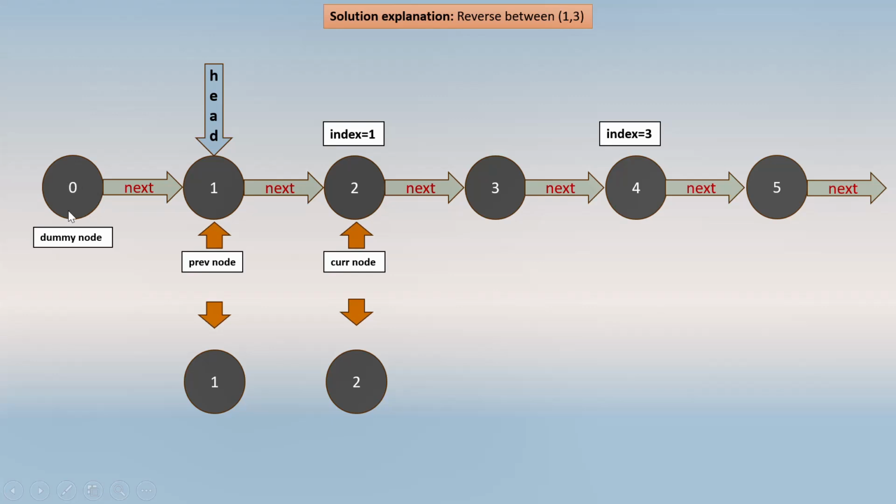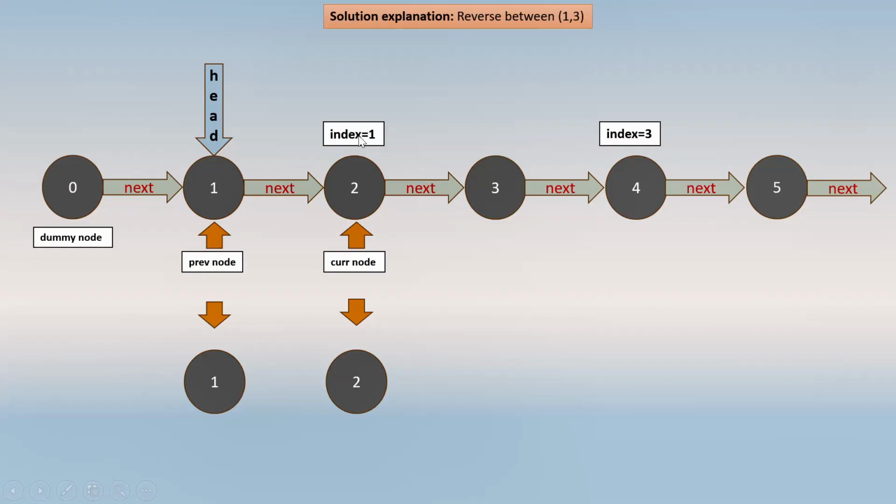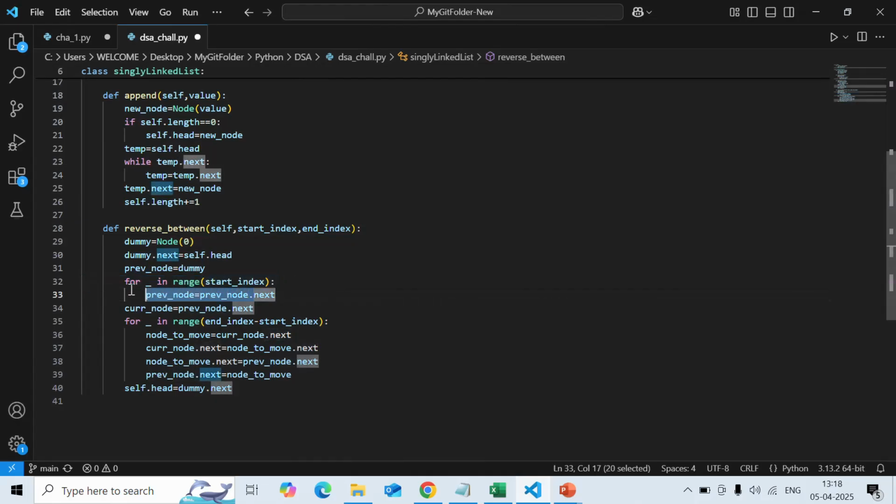So that's what we have done here. You can see this is the dummy node with value 0, and we have connected this with the first node. Okay, so this is about the first two steps. Now we have created the previous node pointer, which is pointing to this dummy node at the start, and now I will create a for loop and move this previous node pointer based on the start index. In our case start index is 1, so this for loop will iterate one time, right? So previous node will now point to previous node dot next,